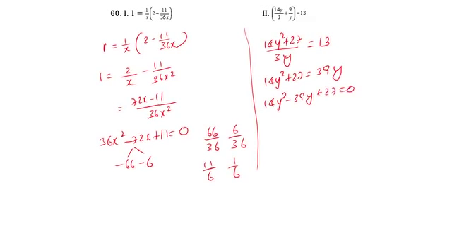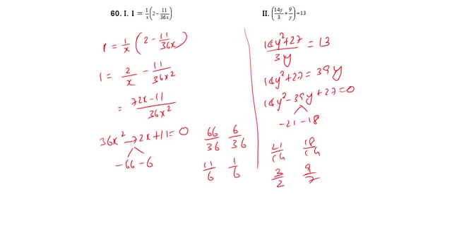Here you can take minus 21 minus 18. The sum of 21 and 18 is minus 39. Then our answer will be 21 by 14 and 18 by 14, that is 3 by 2 and 9 by 7. So here if you consider